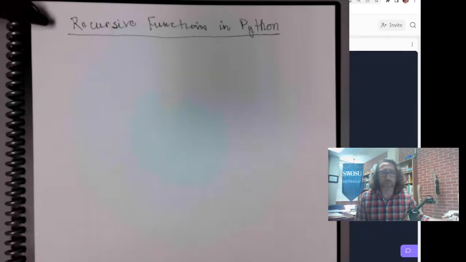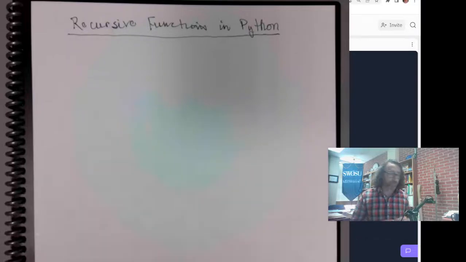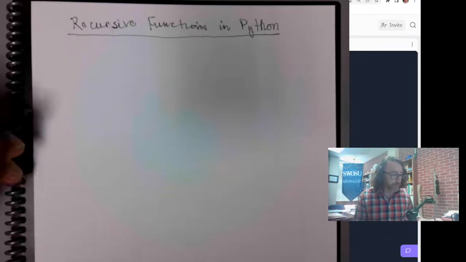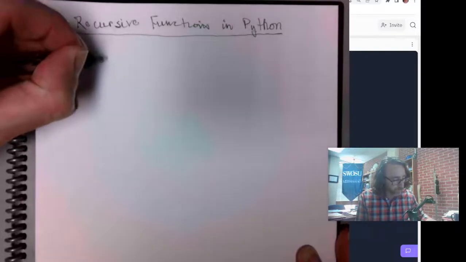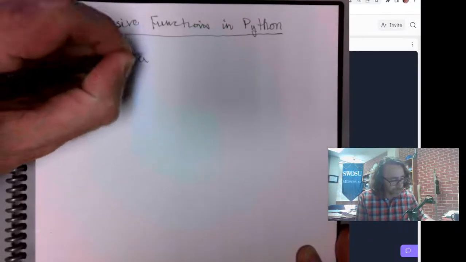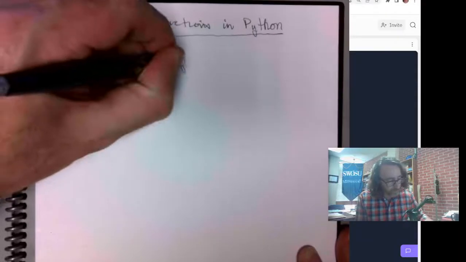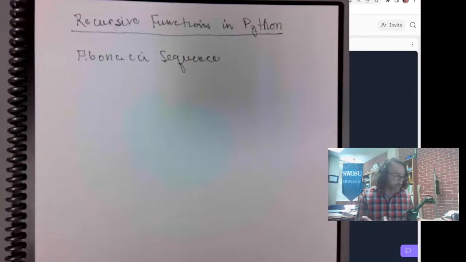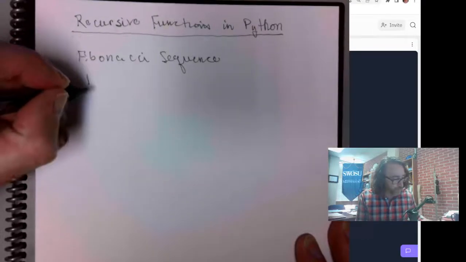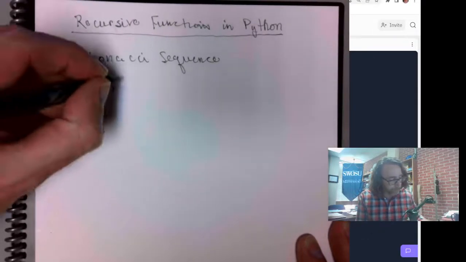I wanted to talk a little bit today about recursive functions in Python. So what I wanted to start with was the Fibonacci sequence. I'm sure you know what this is already, but just so we're all on the same page,